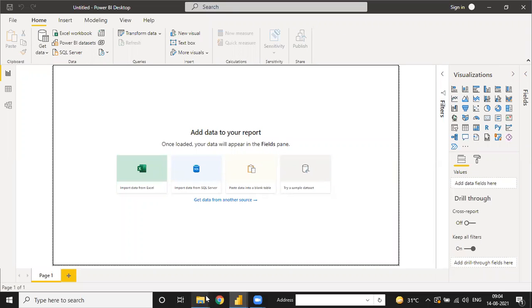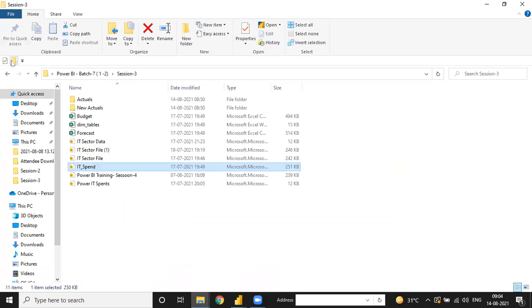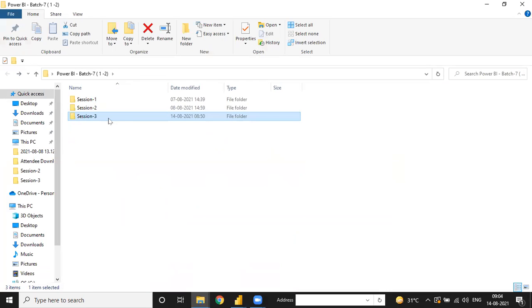So guys, today our session is regarding file extraction as well as creating a model, and after that we are creating the visualization. In our last session we did some simple file extraction and made the visualization chart. Now our third session is about extracting multiple files in multiple formats like Excel, CSV, or from a folder. After that we are going to create the model, and then see how the modeling affects our visualization.